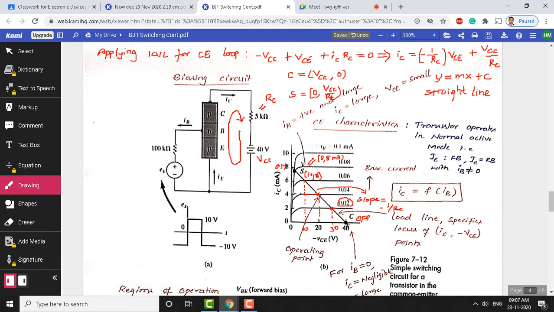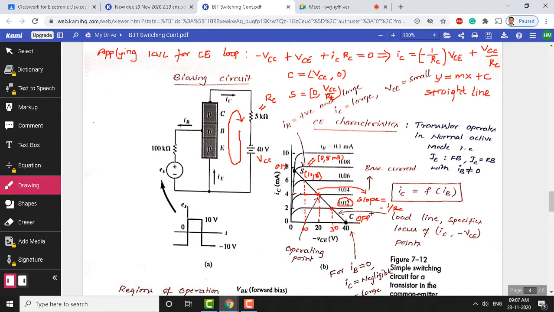At the other end, if you see here, the collector current is 0. So when is the collector current going to become 0? When there is an open circuit, right? So that means the device is behaving like an off switch. So in the cutoff, the device behaves like an off switch. In the saturation, the device behaves like an on switch here. That's how the BJT can be used as a switch.